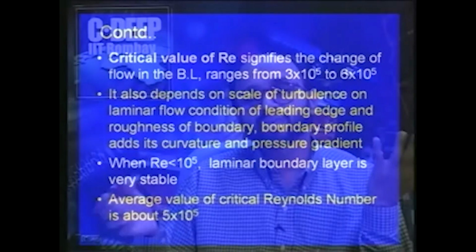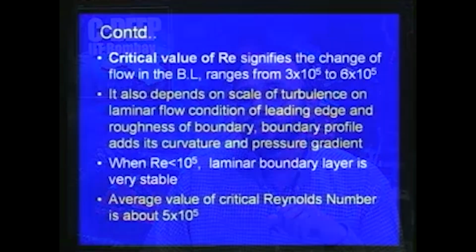So as I mentioned, the boundary layer formation definitely depends upon the nature of the surface over which the flow takes place. So if it is more rough, then the boundary layer formation will be totally different than on a smooth surface. So the critical Reynolds number where this transition takes place also depends upon the boundary profile and the roughness of the boundary. But anyway, most of the experiments reported in the literature show that when the Reynolds number is less than 10 to the power 5, most of the time it will be laminar boundary layer. And as in the case of laminar flow, in the boundary layer also, when the Reynolds number is less than 10 to the power 5,